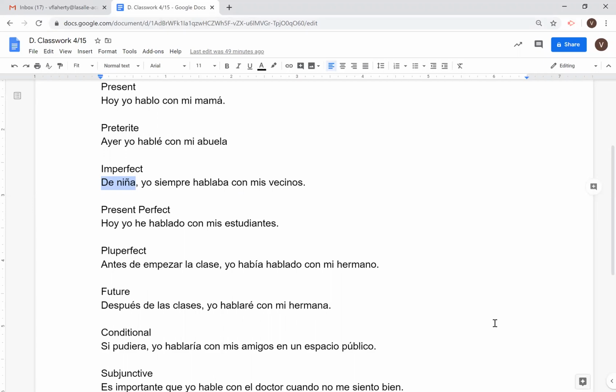Because then we can figure out what tense we need to use. Exactly, because the time that it happened indicates to you what tense you need to use, okay? So when you write a sentence, you need to tell me when it happened. If you would like to use the same word that I use, that's fine.